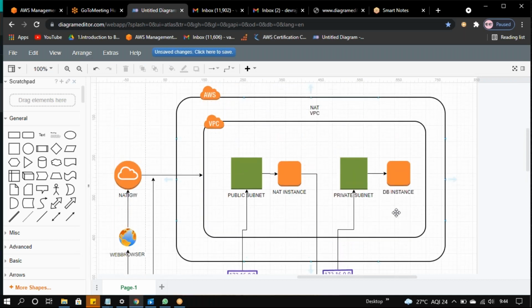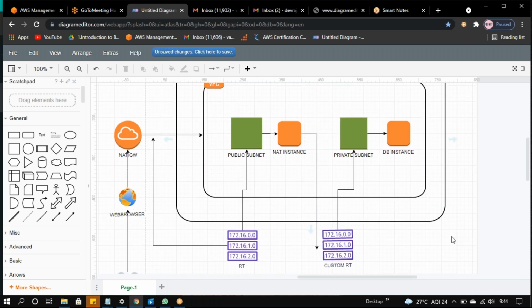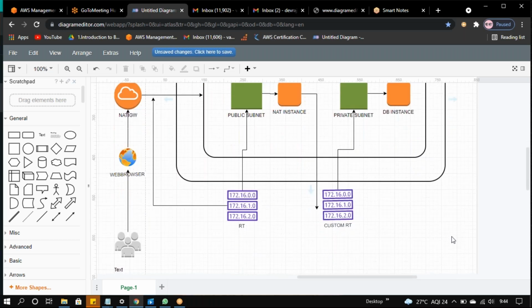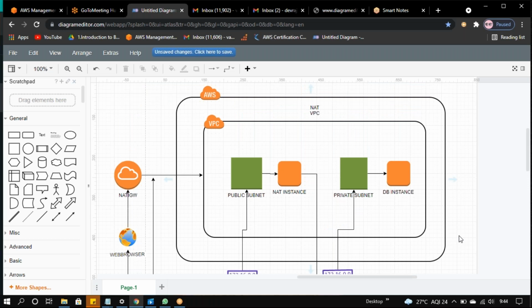I think you may have doubts about this NAT instance only. Yes, exactly. From the beginning I was listening, and when I started learning network related stuff, I lagged a little bit on that. So no issues, I can catch up on this one in NAT.